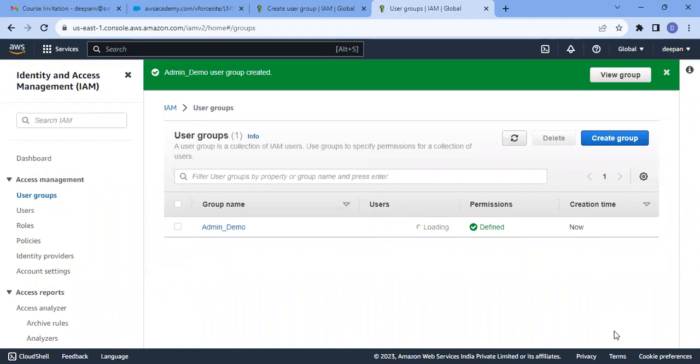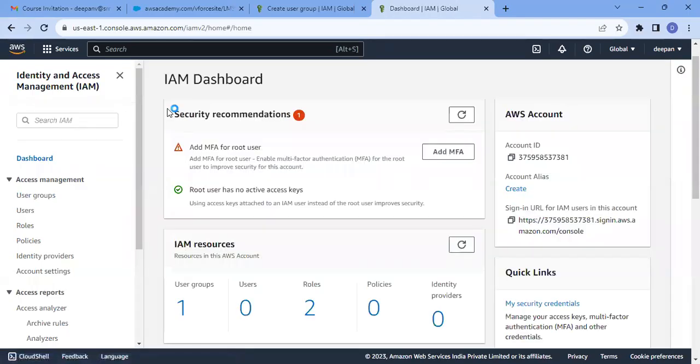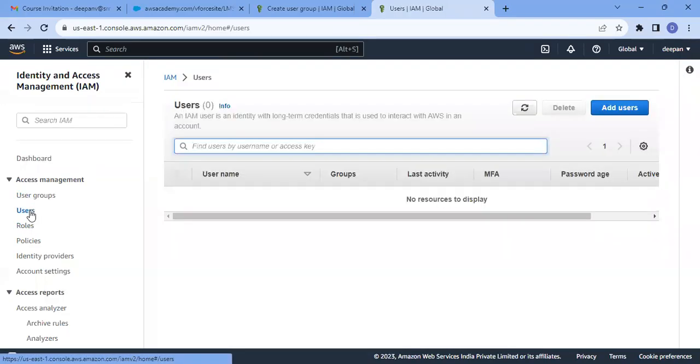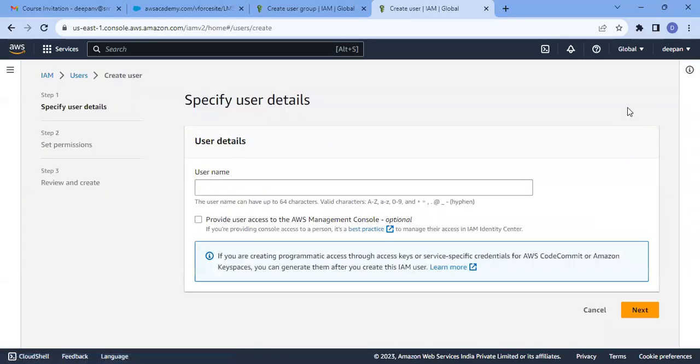So it's taking a bit of time. What I do is click IAM once again. Now you can see the dashboard. I have created one user group for the admin called admin_demo. Now I go to the users. Now what I'm going to do is create an IAM user, and the username is DevOps. I'm just keeping a name called DevOps